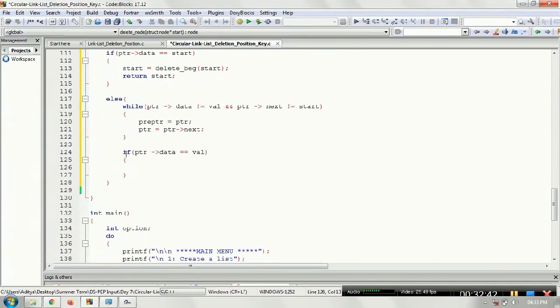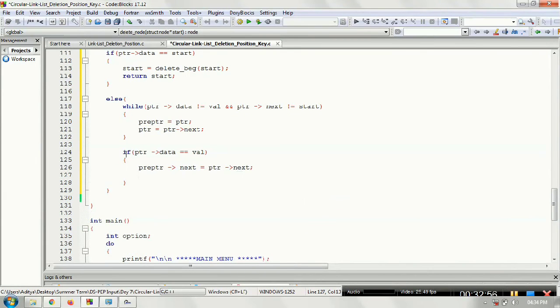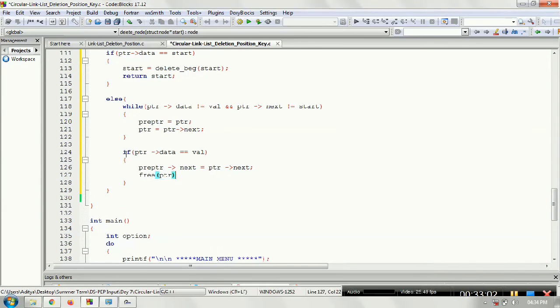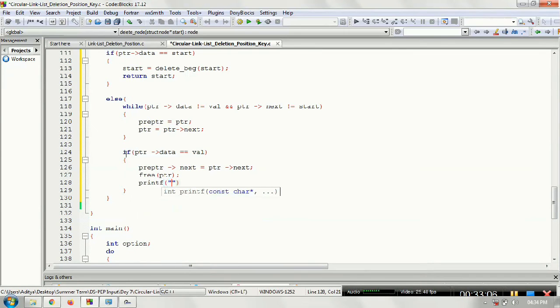Whatever the PTR next we have, copy it to the pre-PTR next. So the pre-PTR should point to the node after the PTR. Okay, and you can delete the PTR from here and put up a message that the deletion is successful.